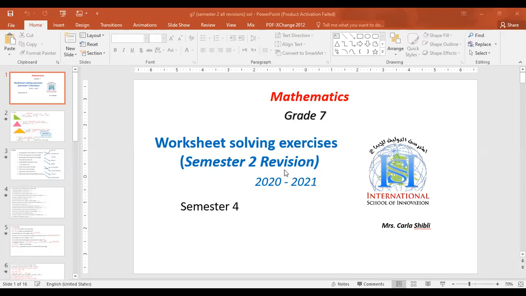But it's not enough only to study these revision sheets. You should also revise the lectures to study the definitions, the important definitions that we talked about, especially in our